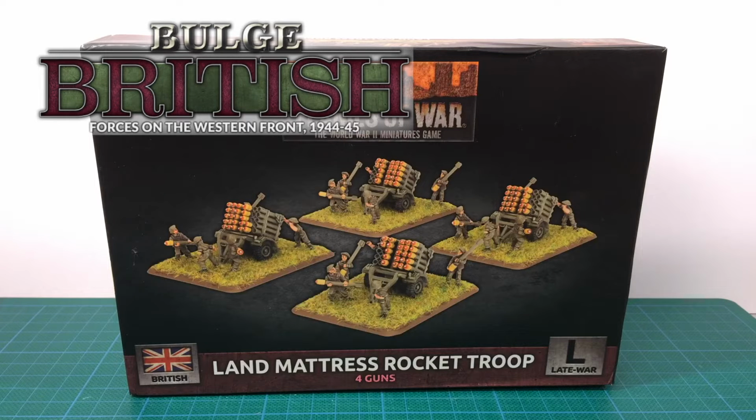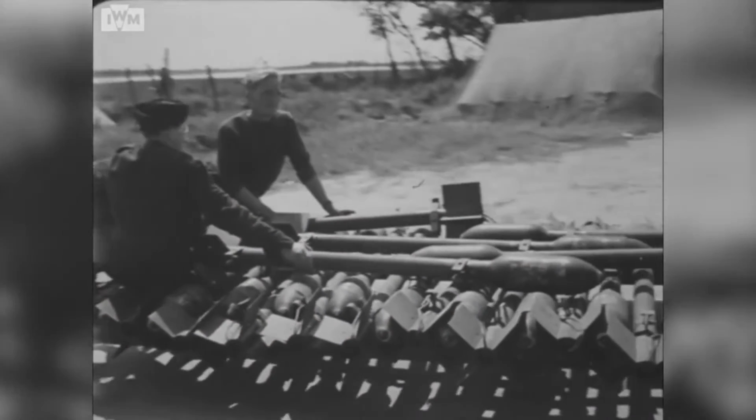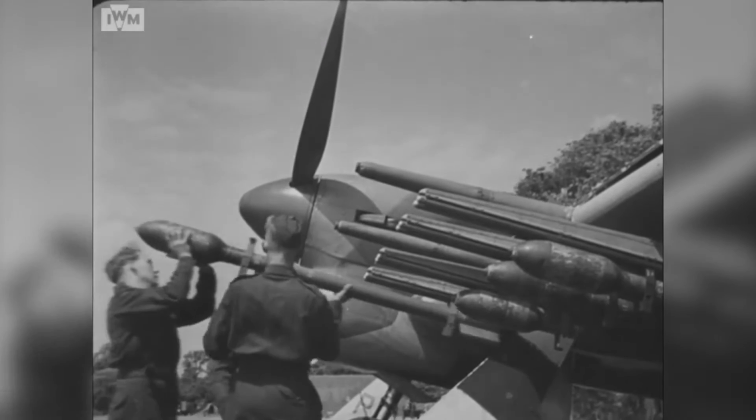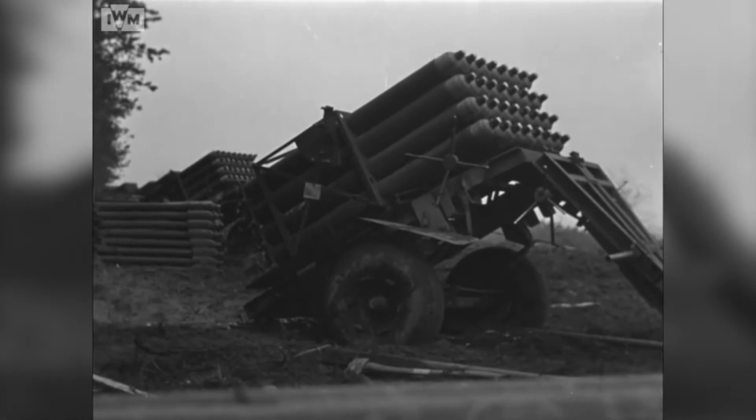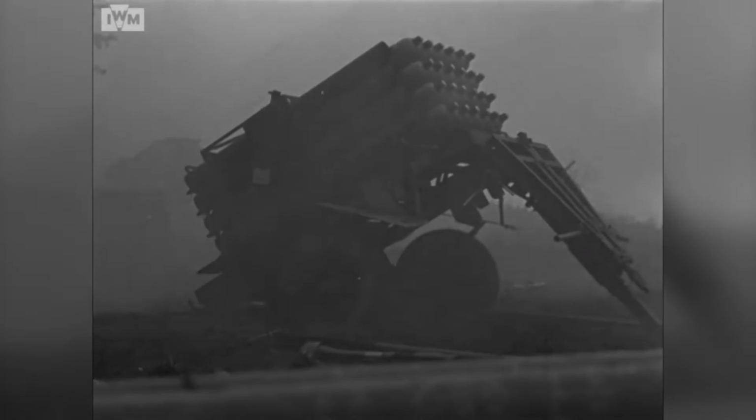Mattress is the general British code term of the time identifying multiple rocket launcher systems. The projectile is the rocket motor of the 60-pound 3-inch rocket famously fired from RAF Typhoons, mated to a shell from a naval gun, modified with a base detonating fuse. The ad hoc nature of the weapon reflects that the designers were obliged to use scavenged or surplus equipment while